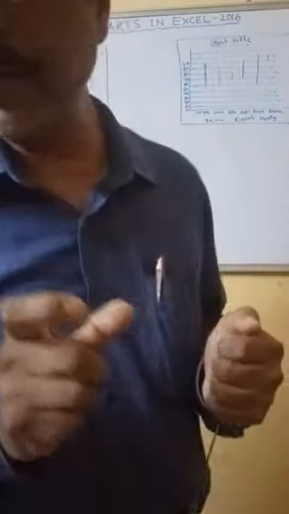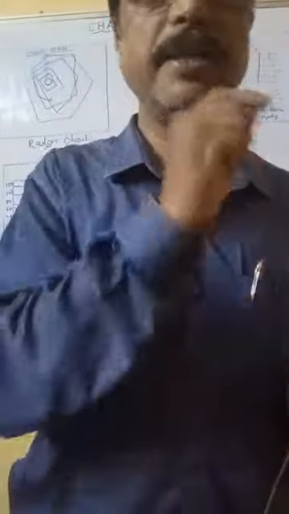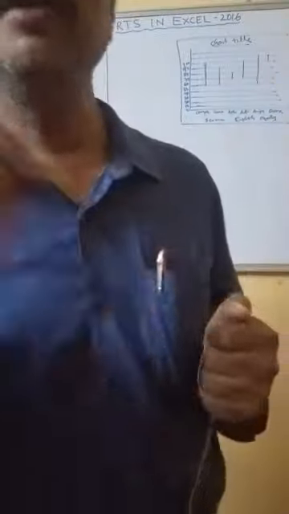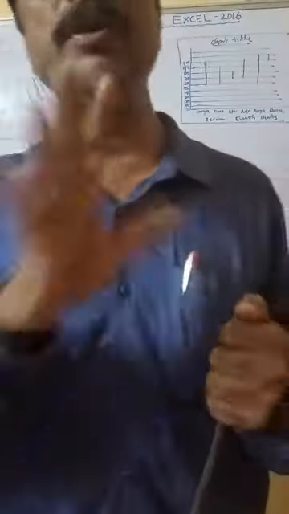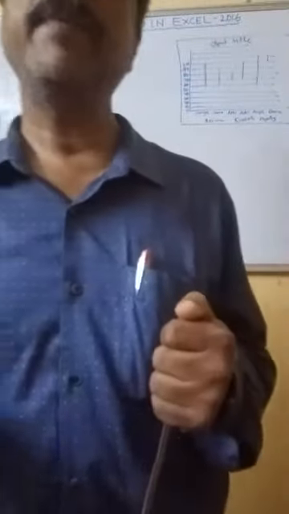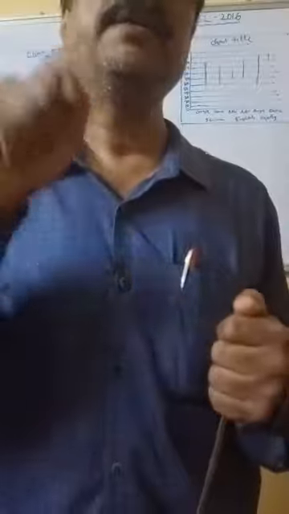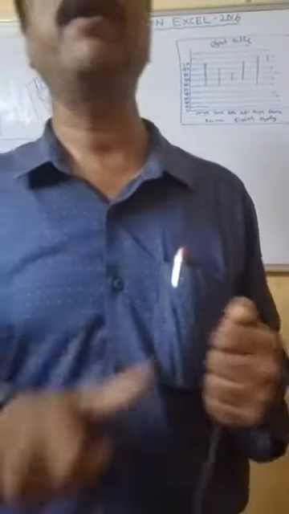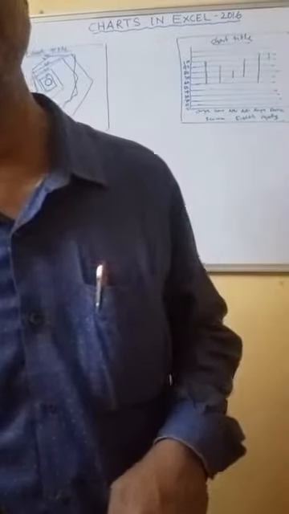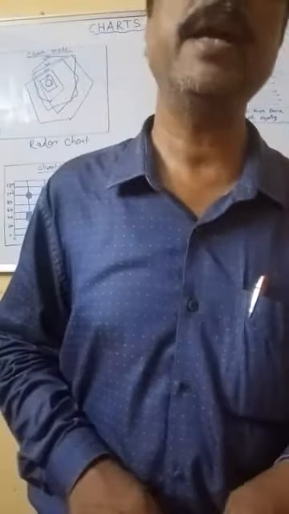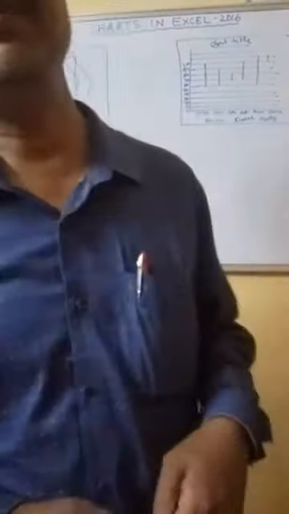From the drop down menu you select the type of chart you want, your pie chart or bar chart or donut chart, or whichever chart you want. So you have to select it. Thereafter, after selection, different designs will appear. From that you select which design you want to see. Then just after clicking over the design, the computer will give you that graph in that particular design.